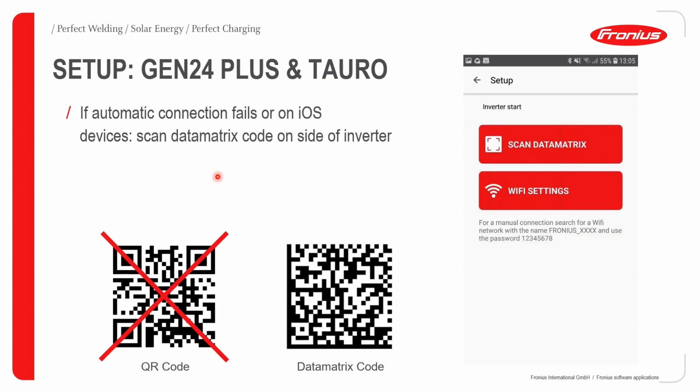Also, if no automatic connection is possible, or when you're using an iOS device, you can scan the data matrix that is provided on the side of the inverter. And that is why we say that the Fronius.Start app is going to require camera access or camera permission. So you come to the setup menu and you can choose scan data matrix. And there are two